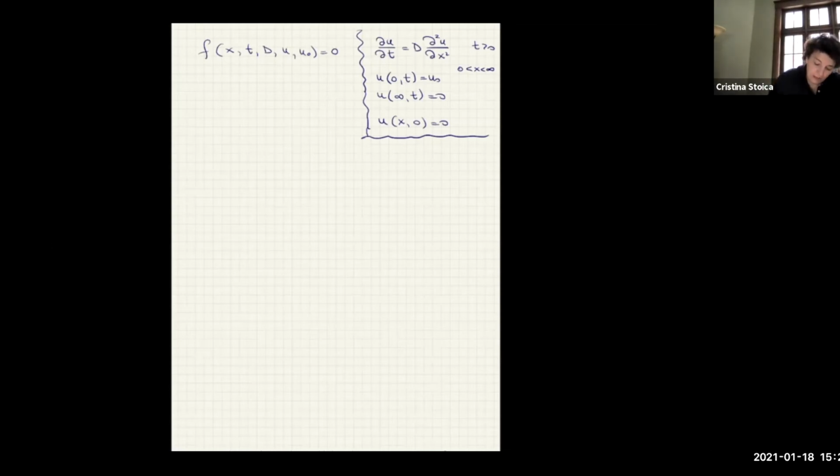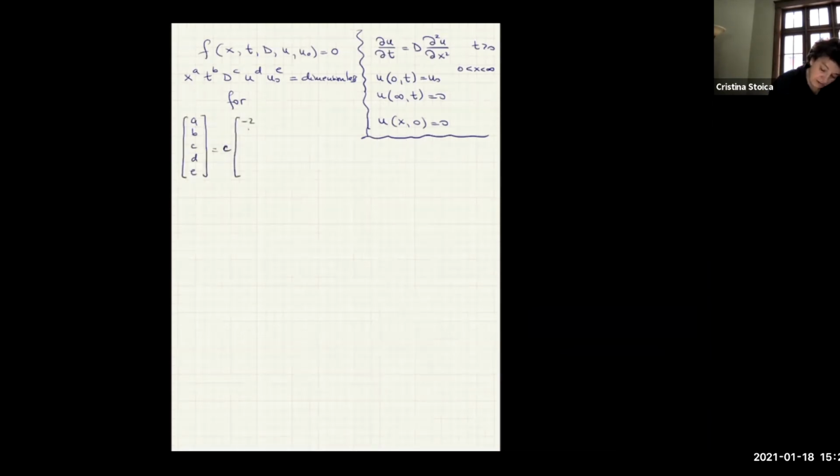Put all the stuff together. We ask it to be dimensionless, so we end up with dimensionless quantities for A, B, C. I'm not lazy to write. So it was C. I'm sorry, I'm repeating myself, but